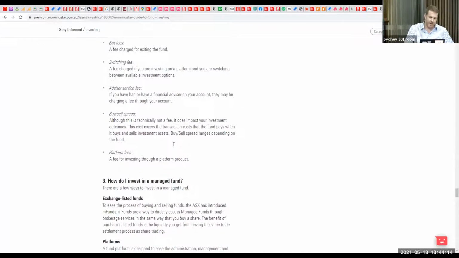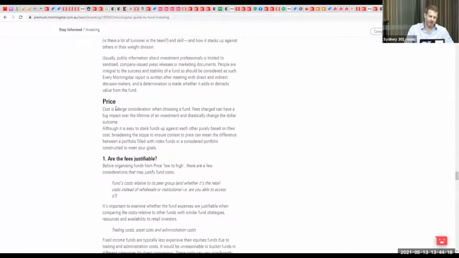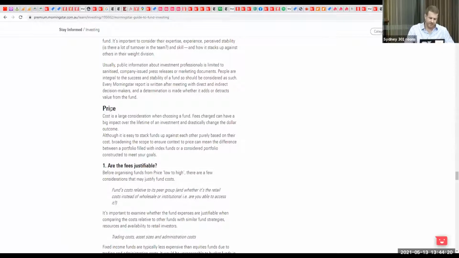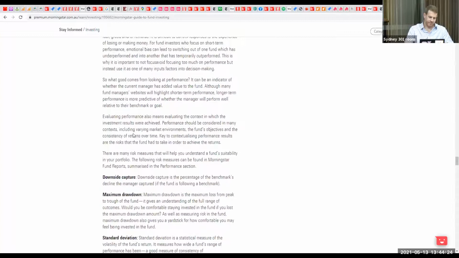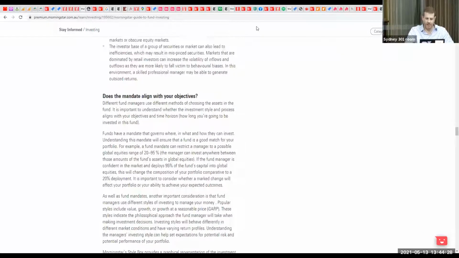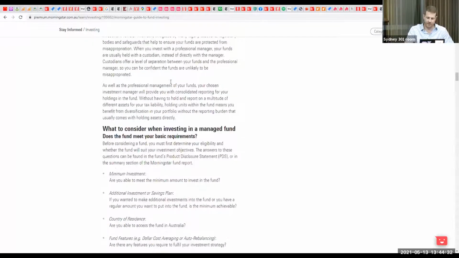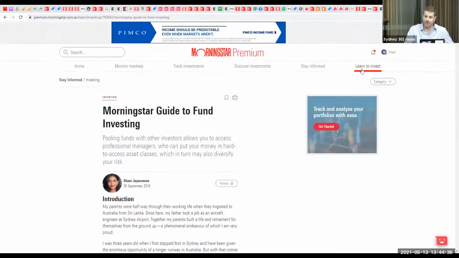So basically I'm going through it now. She's talking about how Morningstar evaluates funds. The different things we're looking at, price is one of them, performance, et cetera. So you can go through and read about how our methodology works. So we've got that guide by Shani, I don't think this is your best guide. No, I think it's really good. I think your best guide